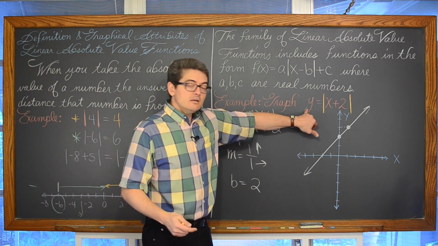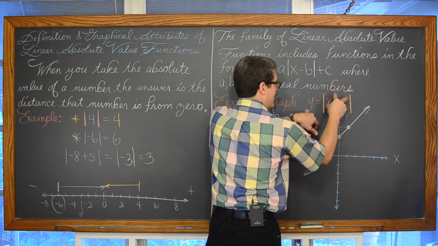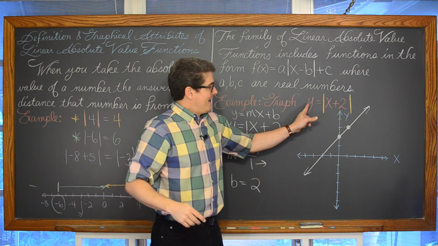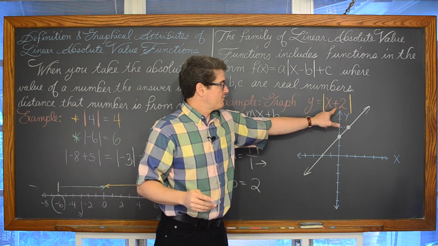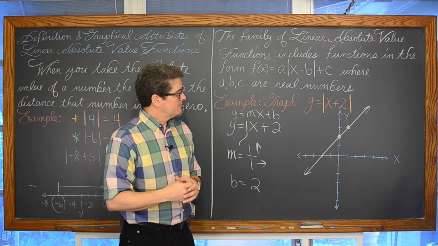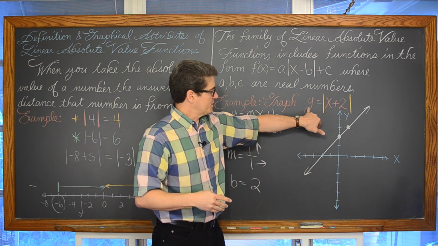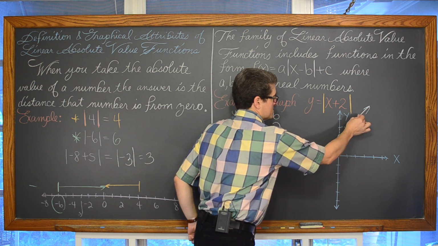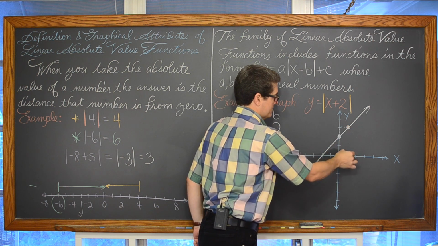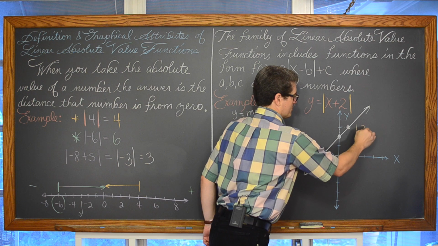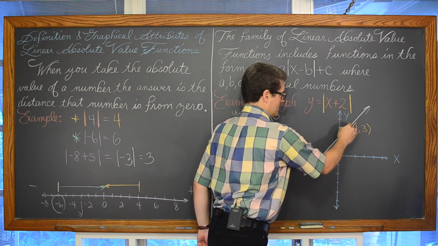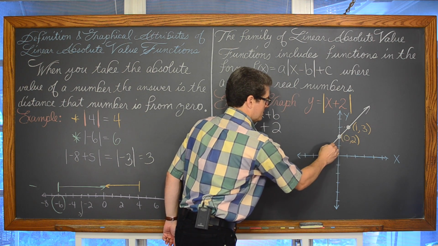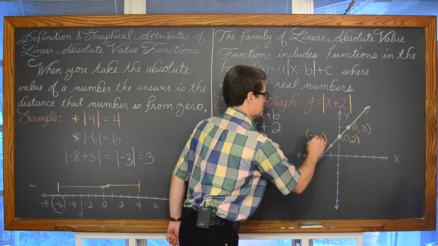So if y is equal to, and all we have on the right is, the absolute value of x plus 2, this as a final answer will never be negative. We cannot have any negative y values from that expression. We'll never have any negative dependent values. So every place I put my chalk is going to be represented by a coordinate, an x and y coordinate. Like this point here is 1, comma 3, because from the origin you move right 1 and up 3. This has a coordinate of 0, 2. This has a coordinate, I think, of negative 1, 1, if my sketch is fairly accurate.